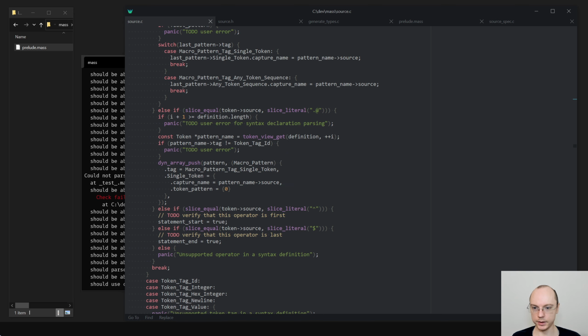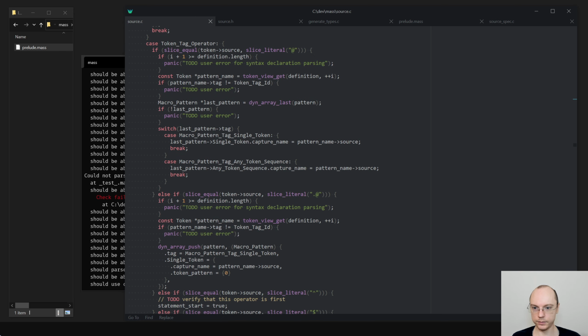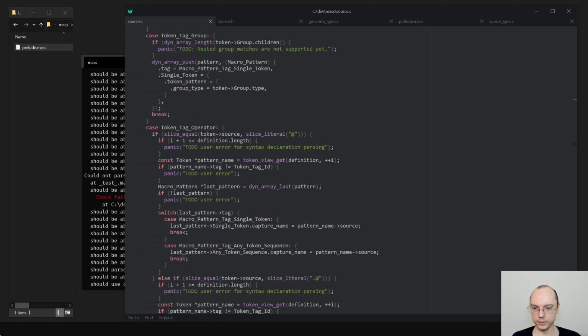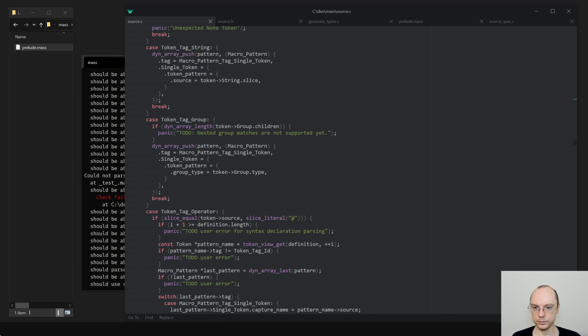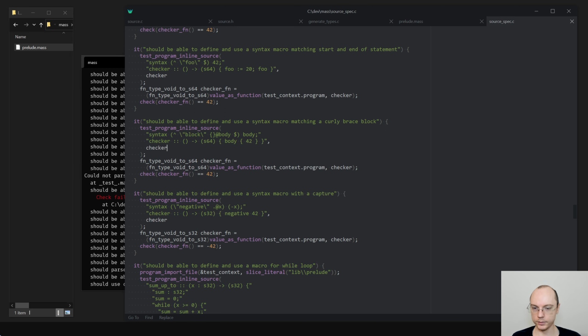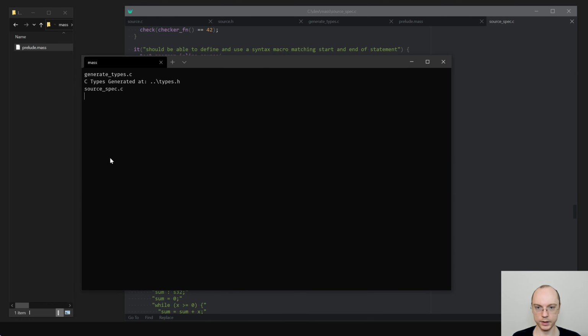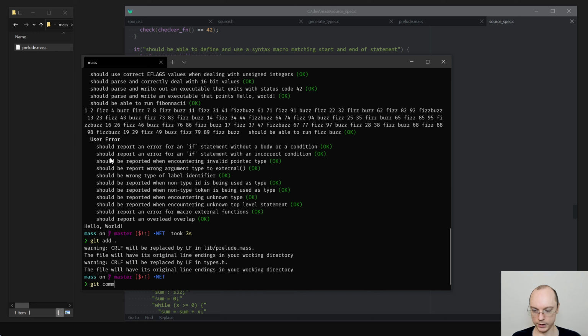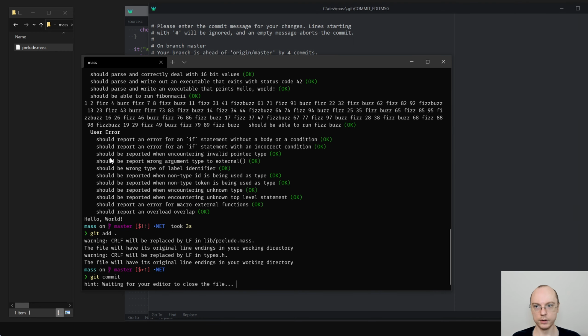Let me quickly look through this if I forgot anything. So, what is the test again? Oh yeah, it definitely won't work because this should be block, not body. And it works. Great.